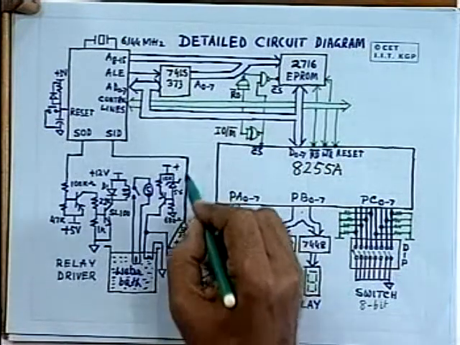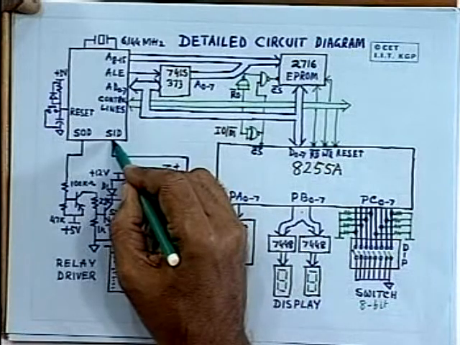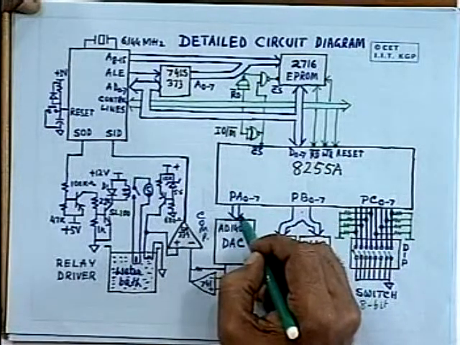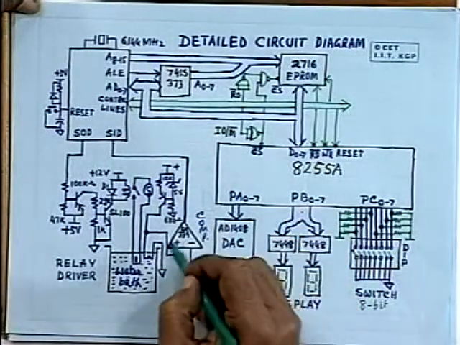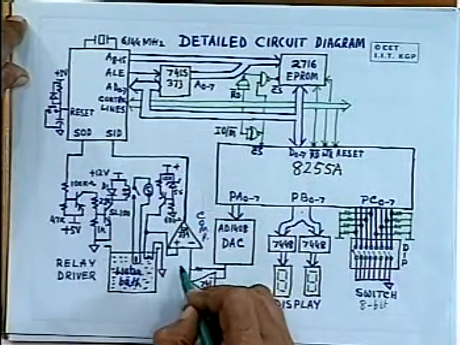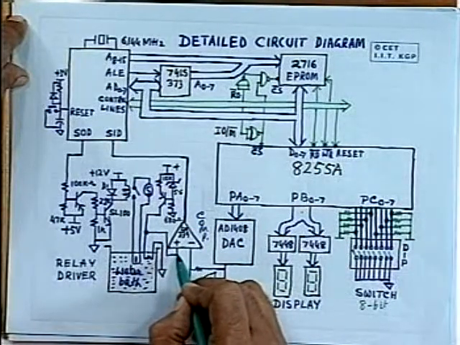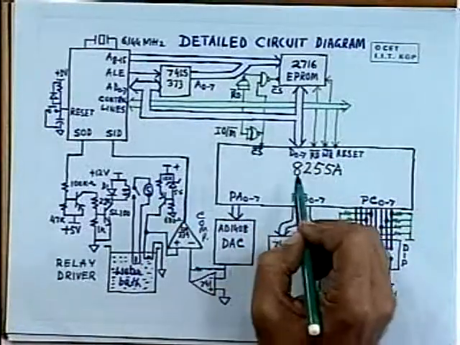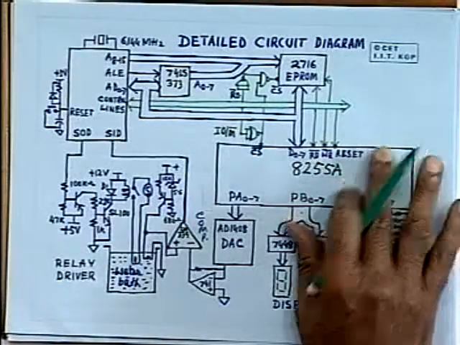You will see this line is going to the SID input. By making use of this SID input and the output that is going to the DA converter, you can implement the analog to digital conversion algorithm. So the analog to digital conversion algorithm can be implemented by using the DA converter and the output of the comparator, and the digital voltage corresponding to this analog input will be available inside the microprocessor after the analog to digital conversion is done. Let us now focus on the ROM part.